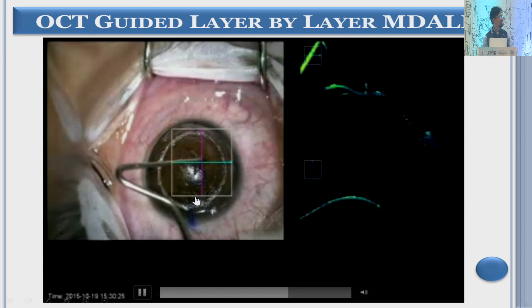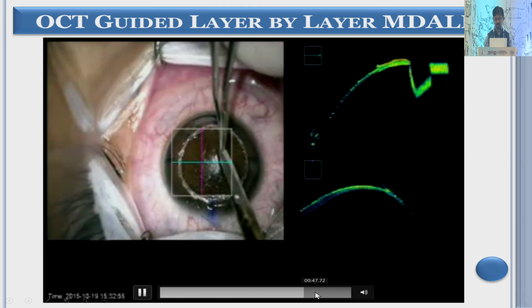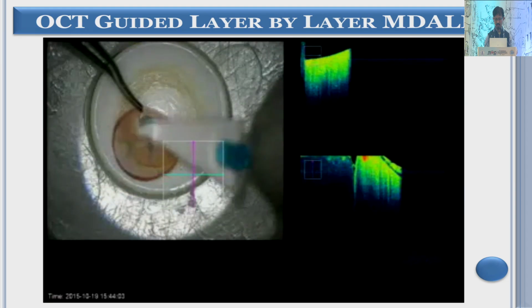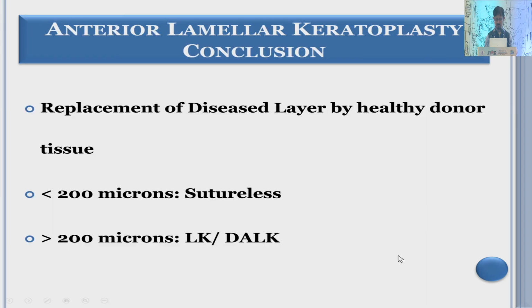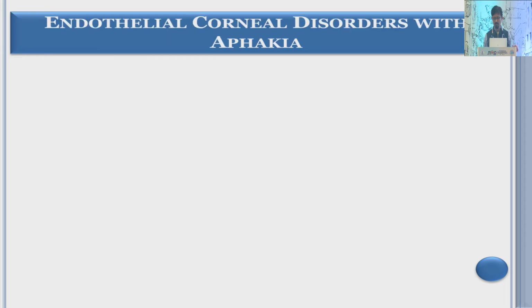Here there is a ridge that is present, so that can be removed with the help of simple Vannas scissors. And then once you get a smooth bed, you place a donor lenticule. So anterior lamellar keratoplasty is dependent on the type of opacity, the extent of opacity, the depth of opacity that you have. But if you have to do an endothelial keratoplasty, then I think